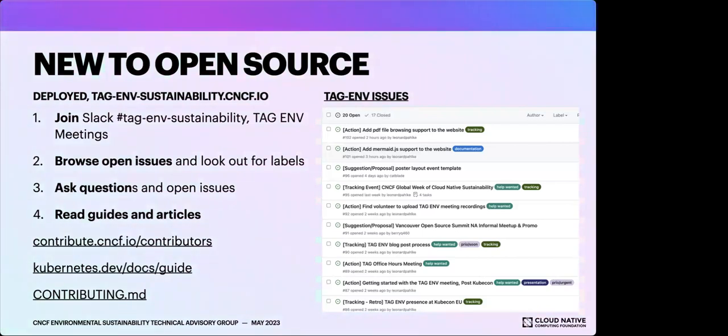And then if you're new, there's also tons of guides and articles out there which you can follow up on. A couple of good resources are, for example, the contribute.cncf-contributors website, which is a little bit more high level. Then Kubernetes has an awesome guide on things, for example, CLI, CLA, and so on. It's specific to Kubernetes, but 90% or so of the stuff is general, which also applies to our TAG. So you can also follow along there.